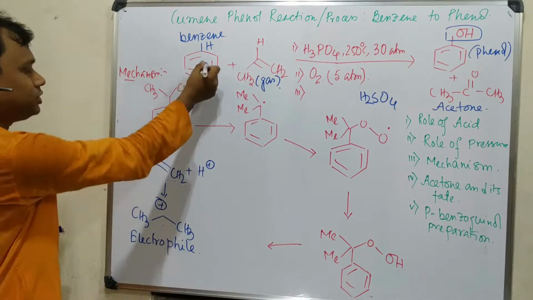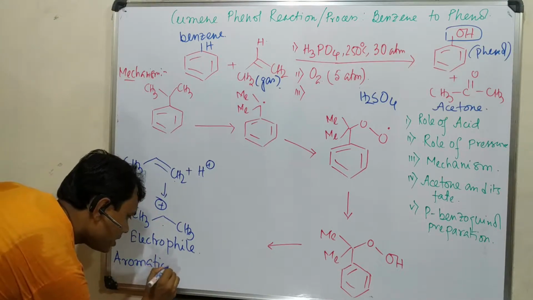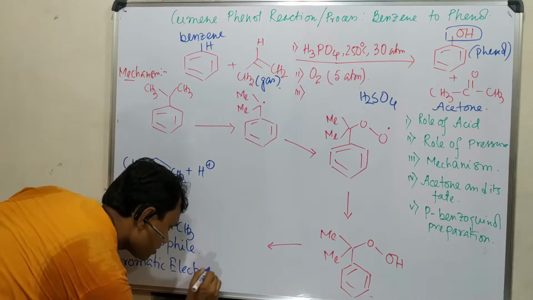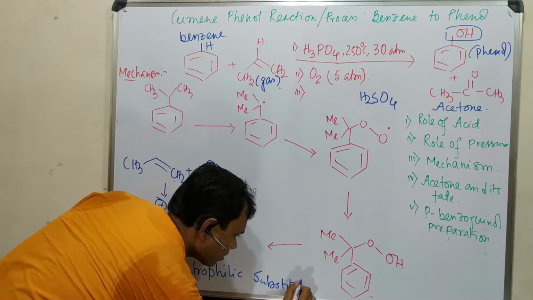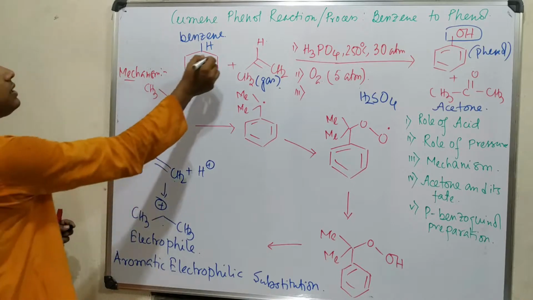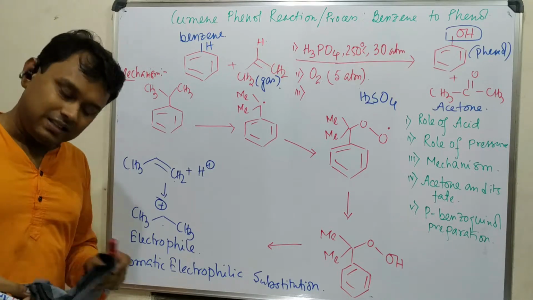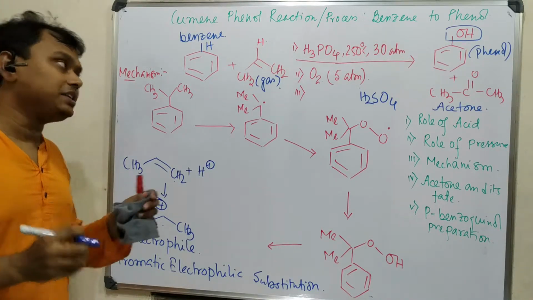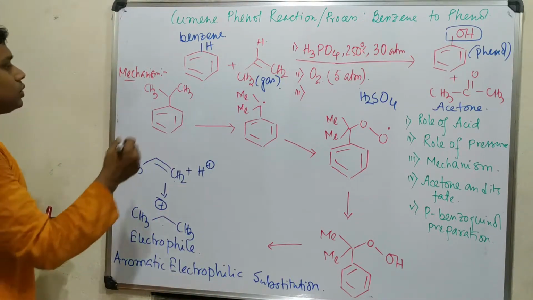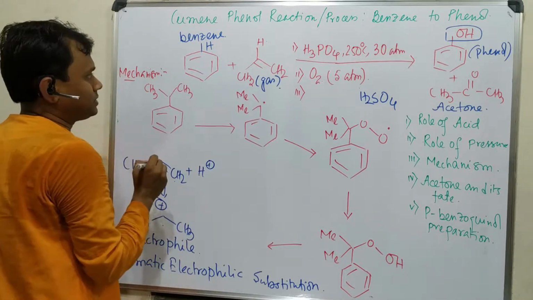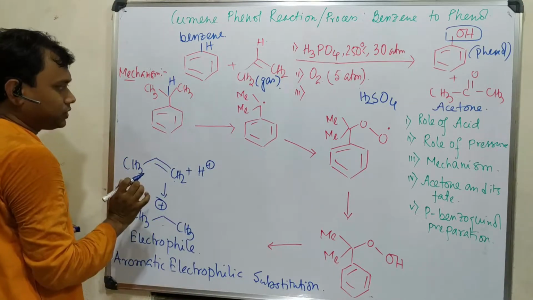This electrophile reacts with benzene, and that reaction is named aromatic electrophilic substitution. Okay, so in this way, finally this is produced. I am not explaining the mechanism of this aromatic electrophilic substitution because it's very easy, and in future I will make a dedicated video on aromatic electrophilic and nucleophilic substitution. So right now, this is fine. Now you can see, after this product is produced through aromatic electrophilic substitution,